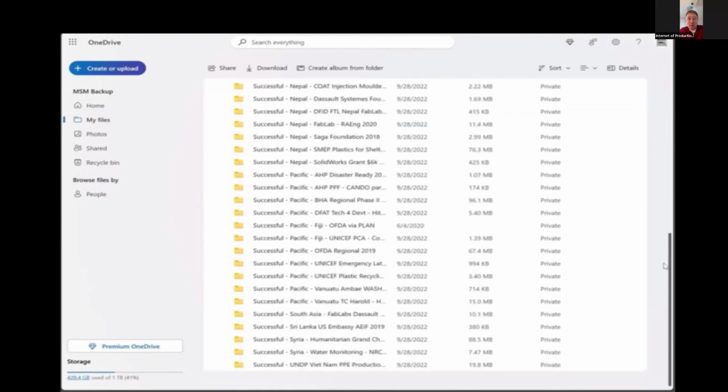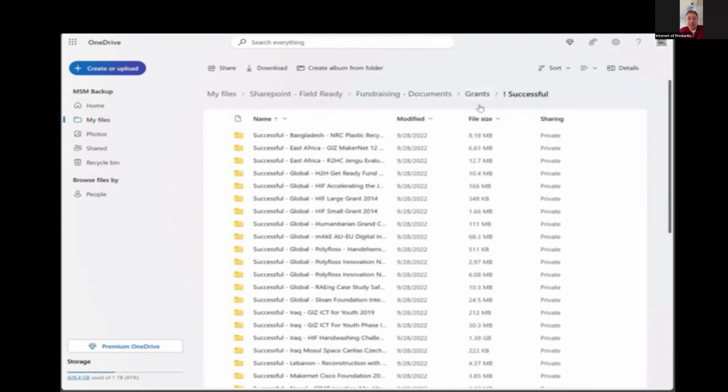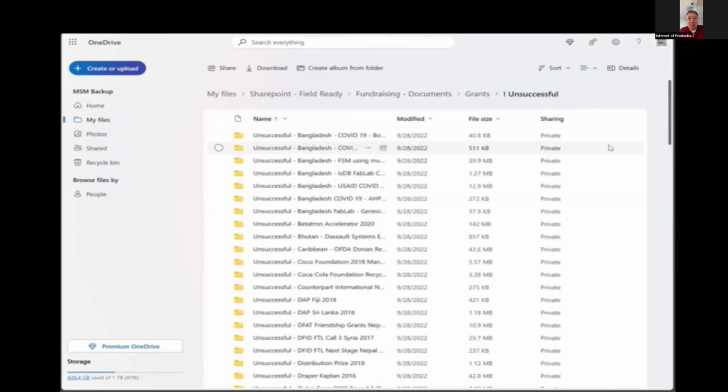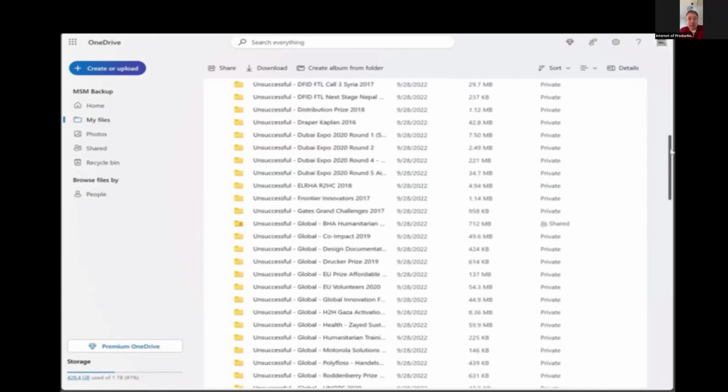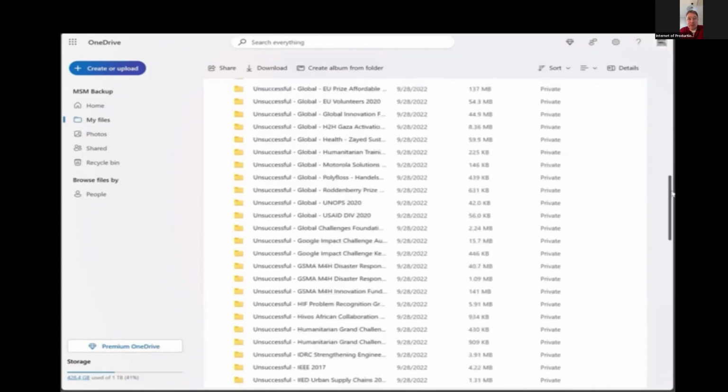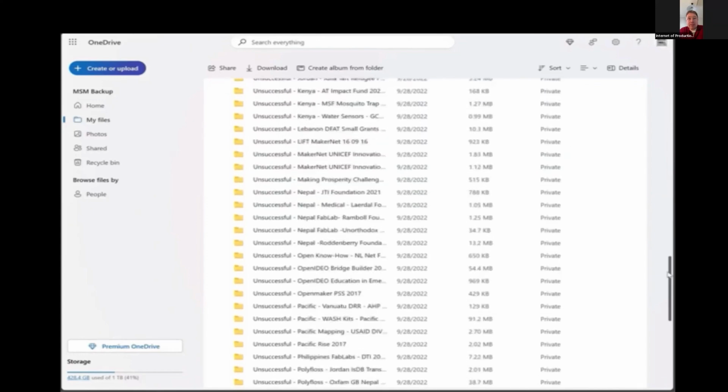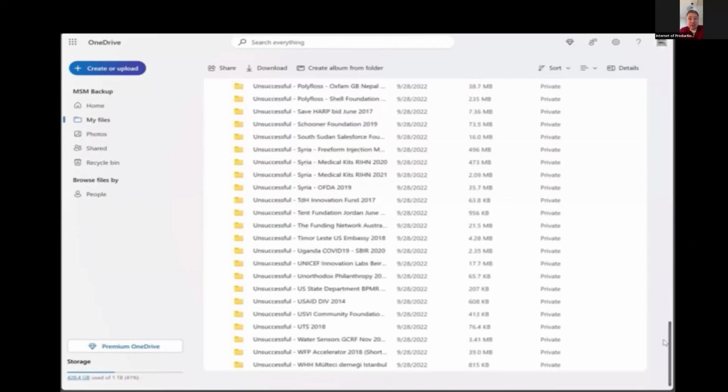I'm really proud of some of the work in that folder, even now, 10 years later. And we also have a folder called unsuccessful. This is a sad folder. I'm very, very sad about this folder. But we came up with a naming system. So we labeled it unsuccessful Syria medical kits, or unsuccessful